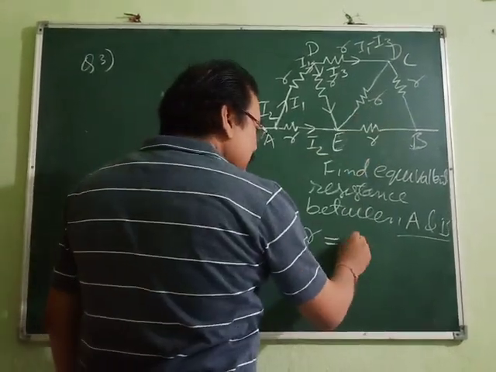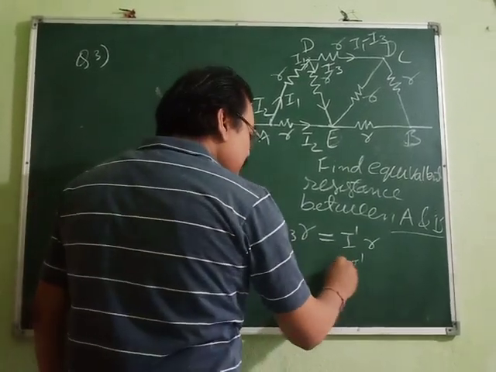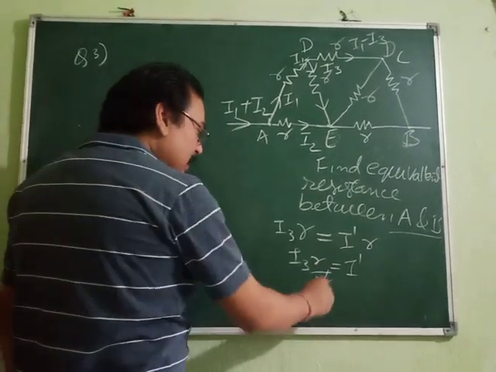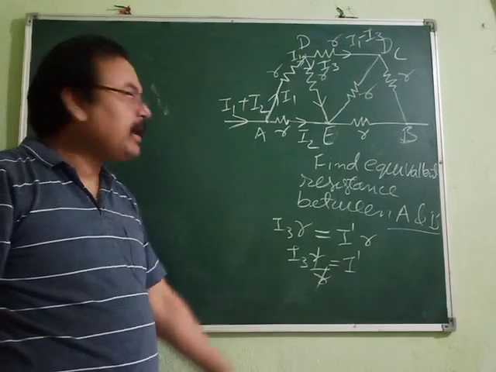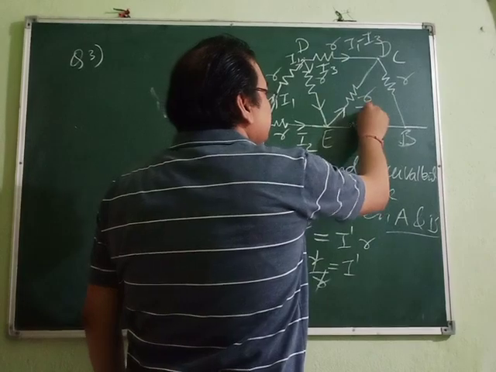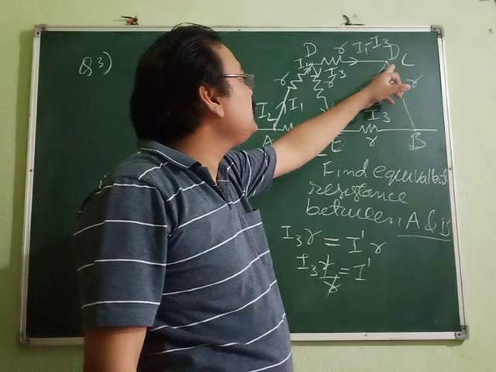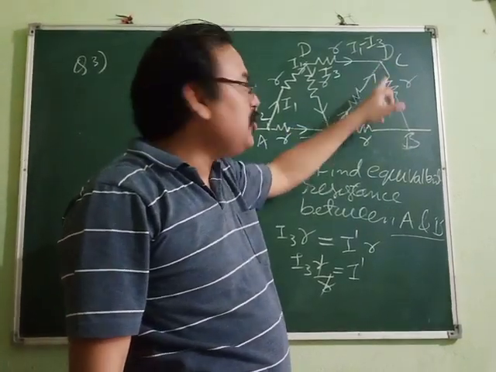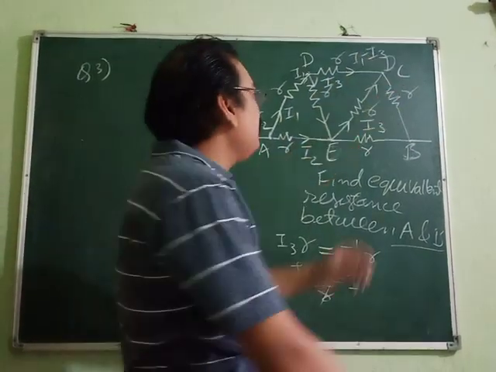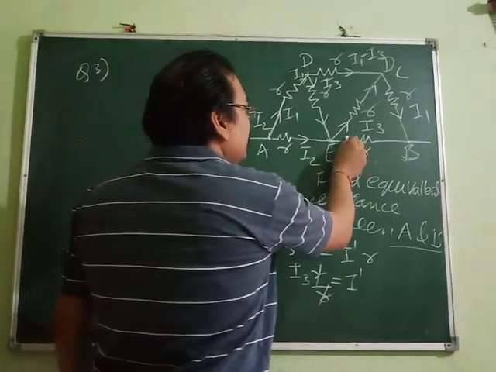That must be equal to the potential difference across this. We don't know the current in this. Let the current be I dash and the resistance is R. So what do you find from here? I dash is equal to how much? I3R upon R, R cancels out. What do you get? The same I3 current should pass through this. That is what happens: this I3 comes, and then it goes this side. And then this I1 minus I3 is reaching here, and this I3 is reaching here. If you add them, what do you get? I1 minus I3 plus I3. I3 gets cancelled, you will have only I1. So I1 flows through this. And this I2 continues in the same way.